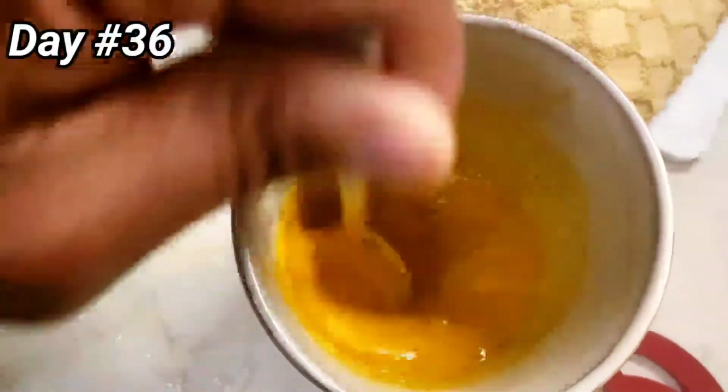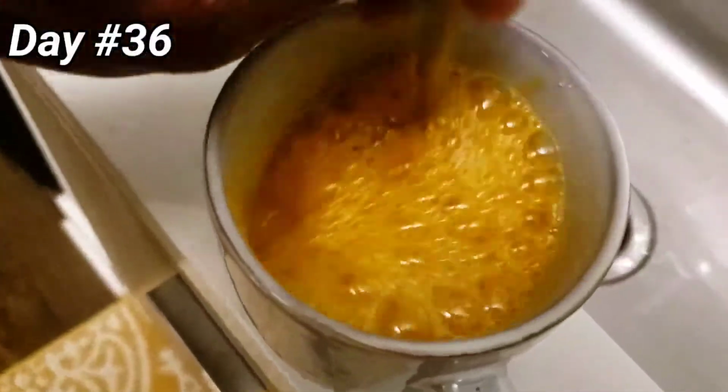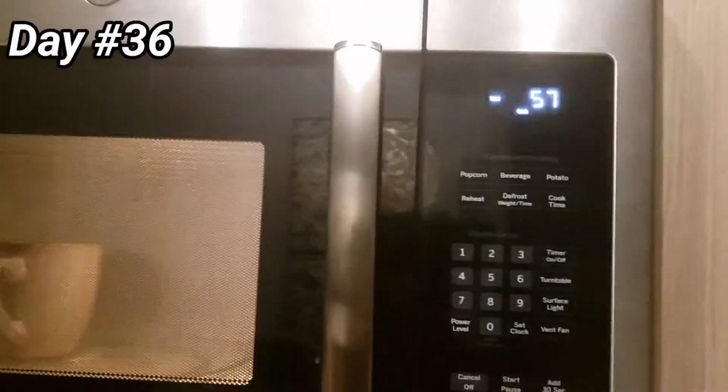Now, one quick hint with this: when you make this, you gotta add some water to it. It's about right there. Mix it up a little bit more. Then we warm it up for about 30 seconds. First of all, with turmeric, use a straw, okay, so that you can suck it to